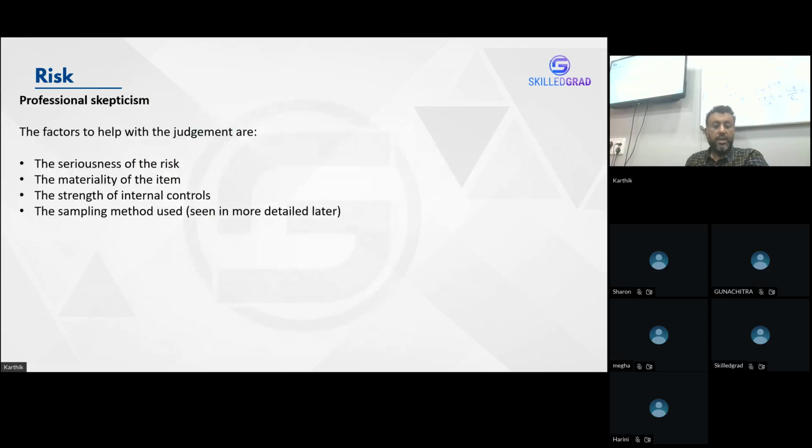Factors to help with this judgment. The seriousness: suppose ஒரு ஐட்டம் வந்து ஒண்ணுமே இம்பாக்டே ஆகாது, அதுக்கு போய் டைம் வேஸ்ட் பண்ணாது. நான் சொன்ன ஒரு பென்சில் எக்ஸ்பெண்டிச்சர்லாம் இதாக இருக்கு, அதுக்கெல்லாம் போய் டைம் செலவு பண்ணாது. சீரியஸ்னஸ் ஆஃப் தி ரிஸ்க், ஹவ் இட் வில் இம்பாக்ட் த ஃபினான்ஷியல் ஸ்டேட்மெண்ட்ஸ். மெட்டீரியாலிட்டி, இஸ் இட் கோயிங் டு பி மெட்டீரியலி இம்பாக்ட். இந்த நம்பரை வந்து இப்போ பென்சில் வந்து 500 ரூபாய் எக்ஸ்பெண்டிச்சர் போட்டிருக்காங்க, ஆக்சுவல் எக்ஸ்பெண்டிச்சர்